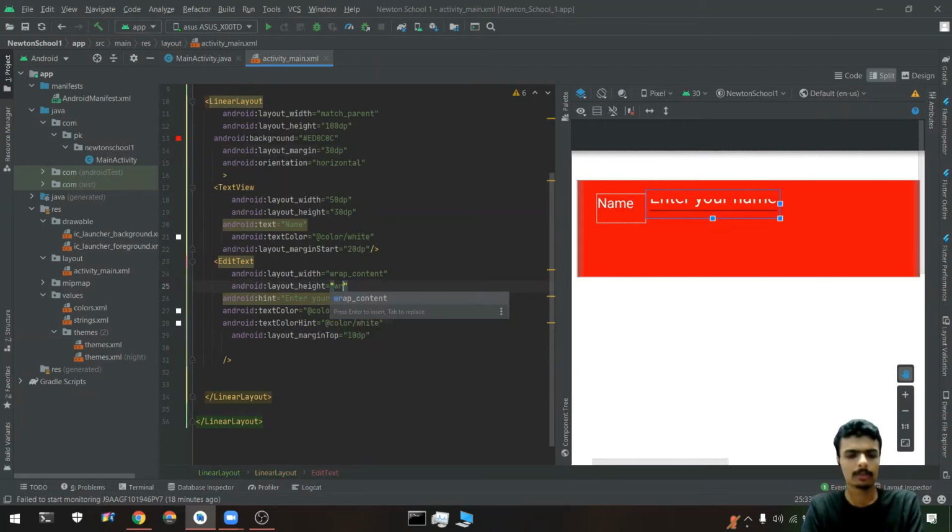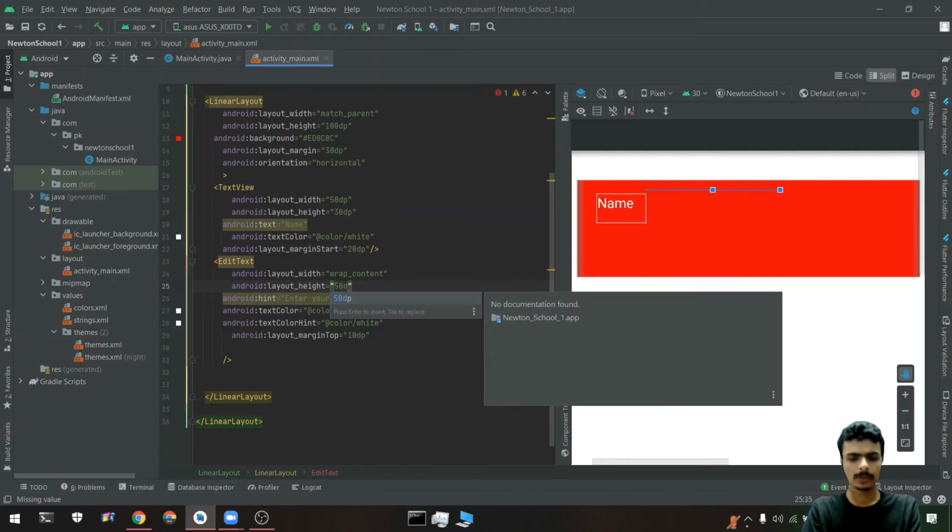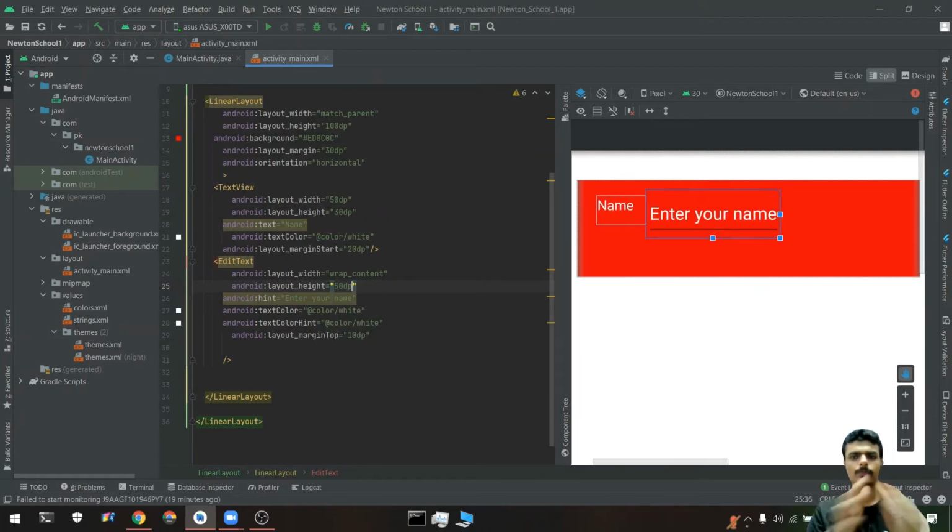And yeah, now it's fine. Actually I mixed up the 50 dp and 100 dp height. So perfectly fine for now.